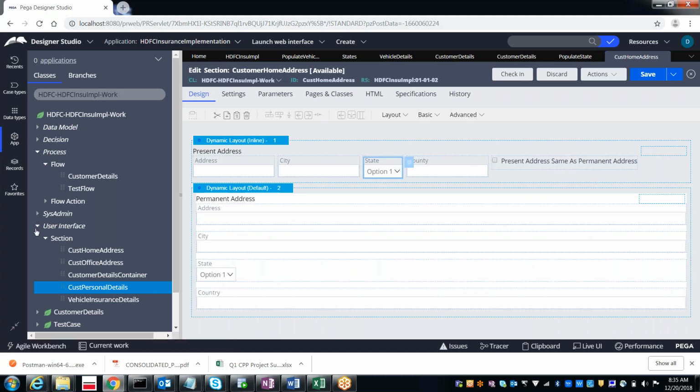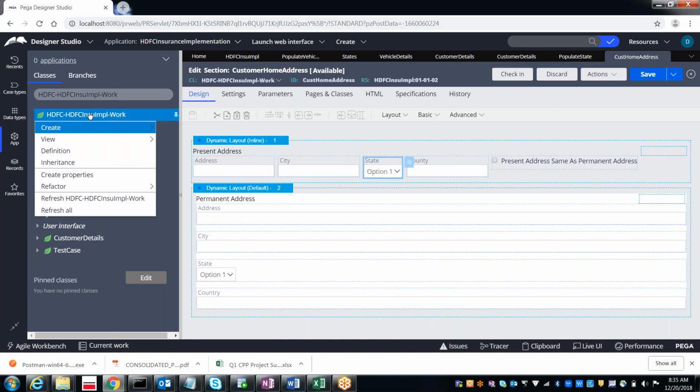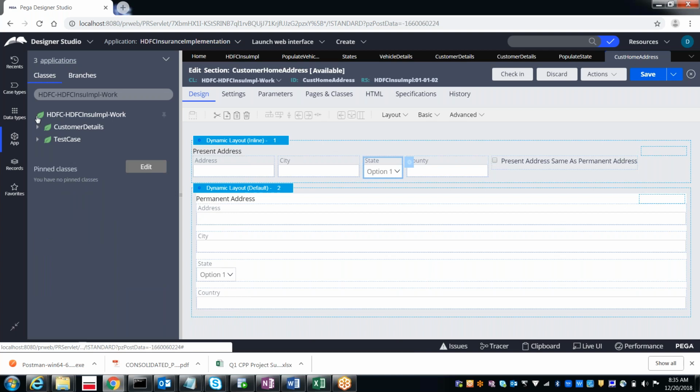So where is that activity? Test case. No, not in test case. Test we never touched. Under the work class only, but here again it's not there. I did not re-log in for the past 3 days, I think.